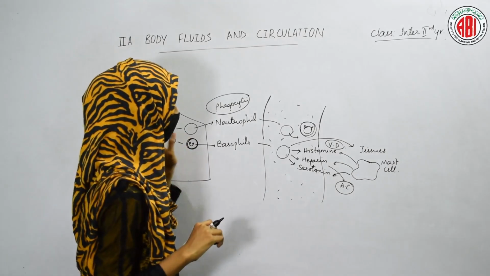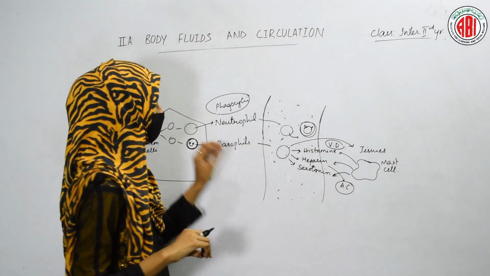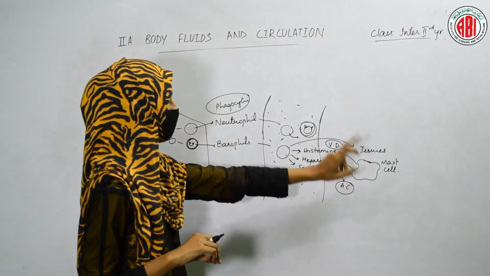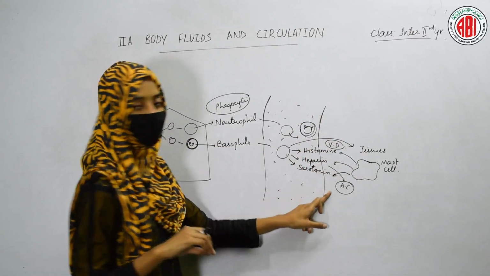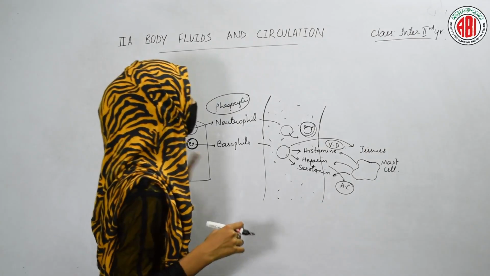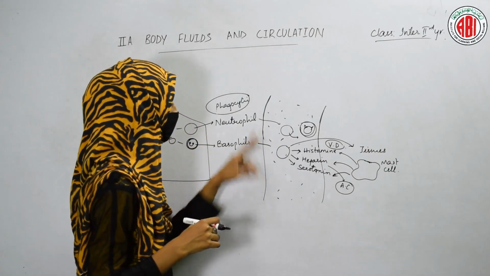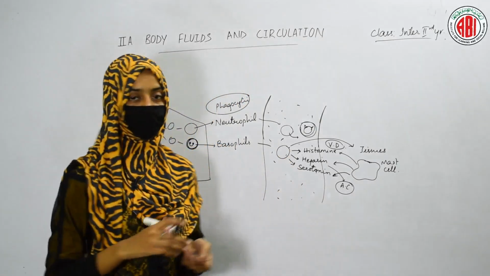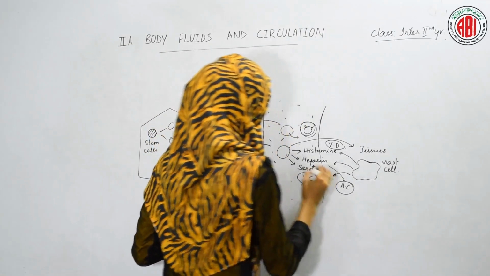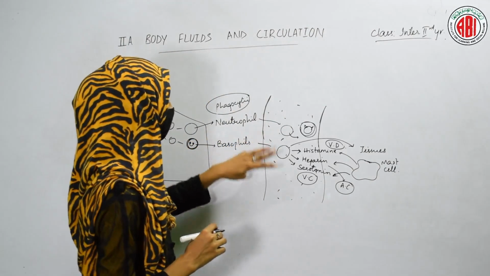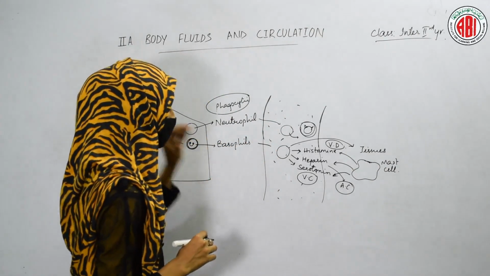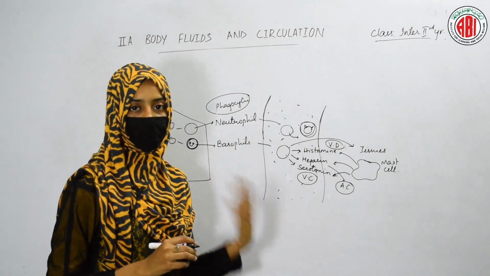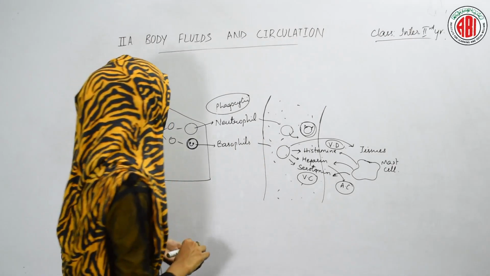So whenever any infection occurs in the blood vessels or in any other tissues, these mast cells release heparin in order to prevent the clotting, so that it can stimulate the free flow of the blood. Serotonin is a chemical which acts as a vasoconstrictor. So this is how all these three different chemicals are released by the mast cells, which are nothing but our basophils, in order to fight against infections.